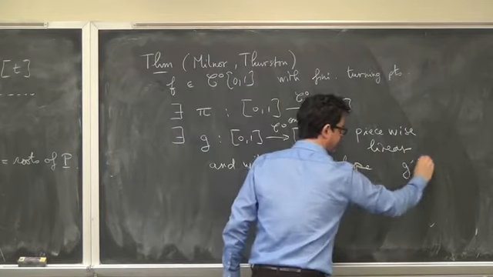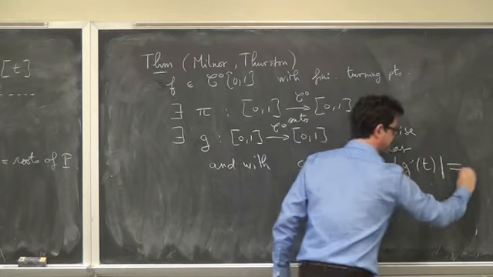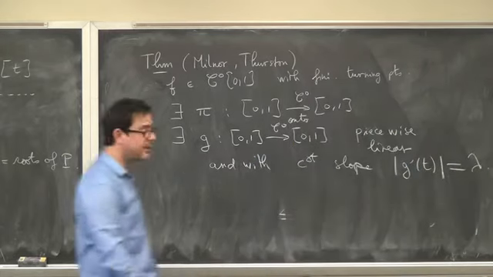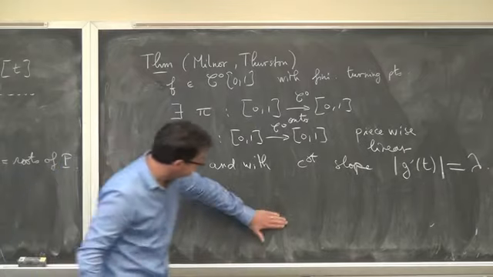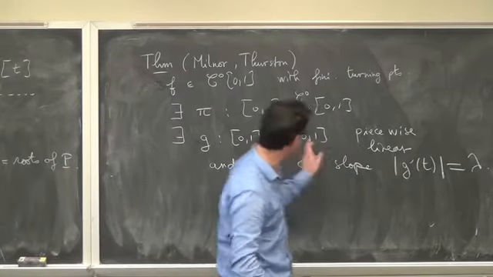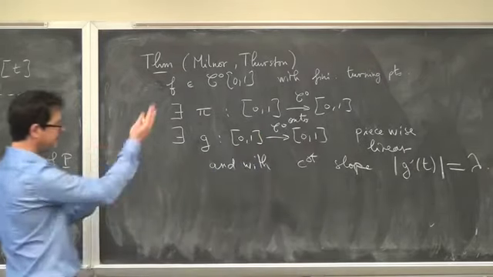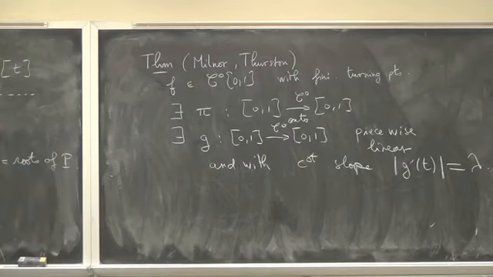So the derivative, the absolute value, is constant, equal to some number lambda, for each real number t in the interval which is not a point where the monotonicity changes. Okay, such that,